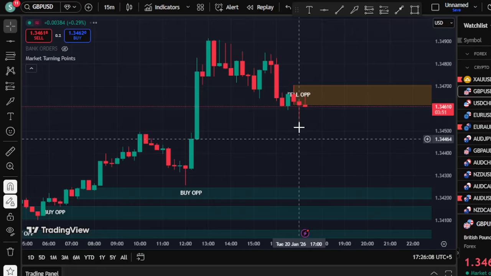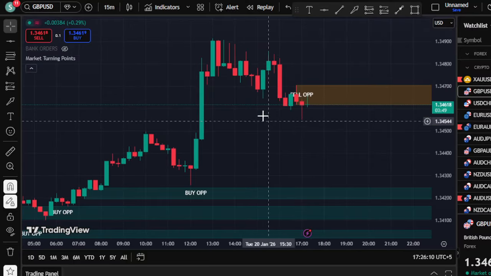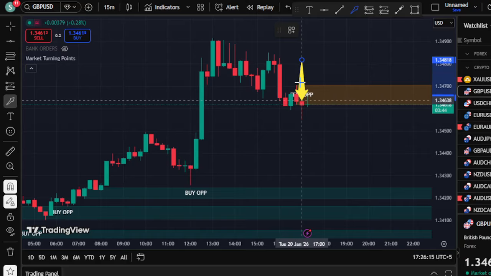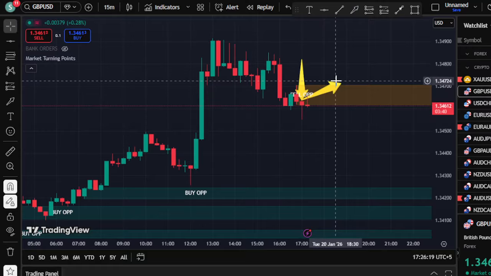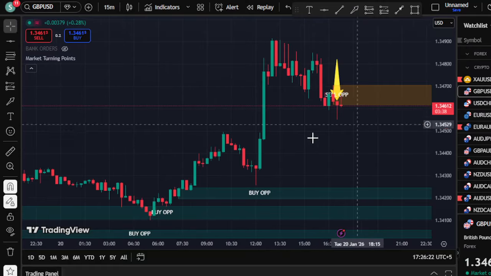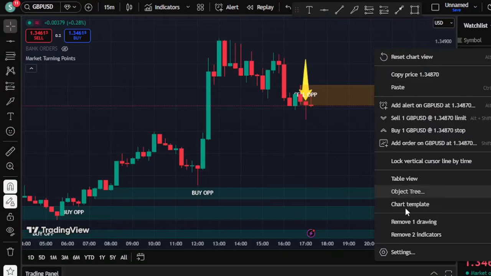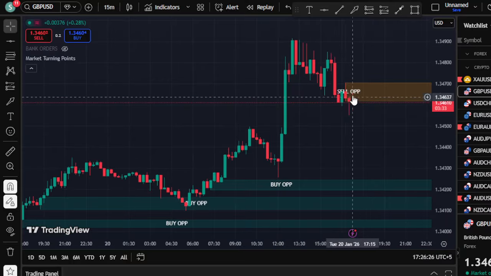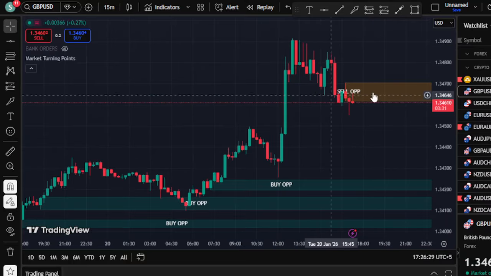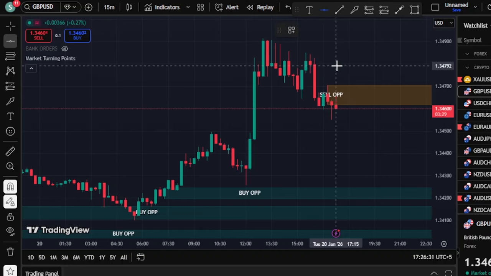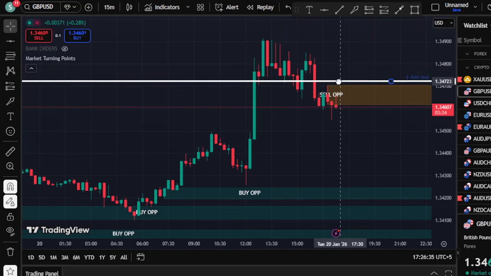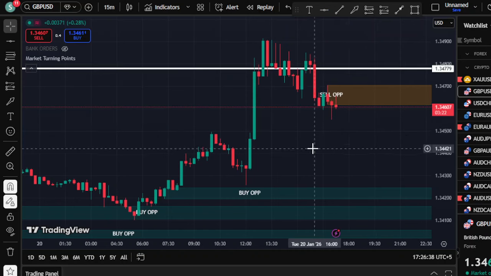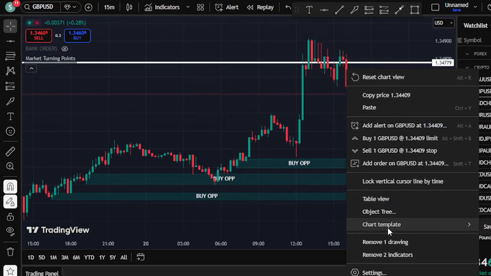The levels that are created by the market turning points are real time. For example, look, the second candle is already closed, and now you can see that it's a perfect time to enter into the sell position. You can take care of the break of structures and everything, and this indicator will provide you the real time levels. You can set up the stop loss not very close, but a little bit far from the level. And this is all about trading with the market turning points indicator.